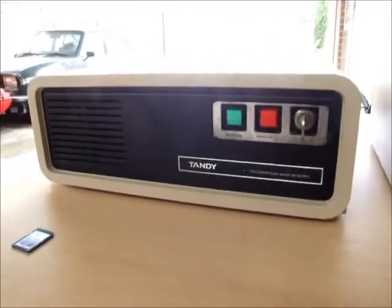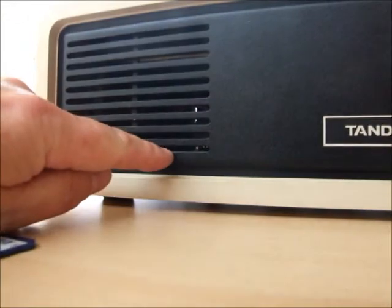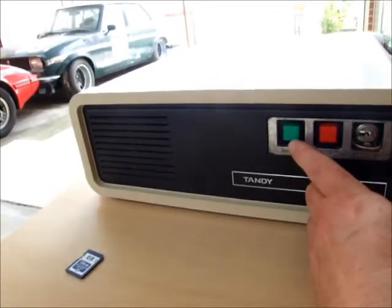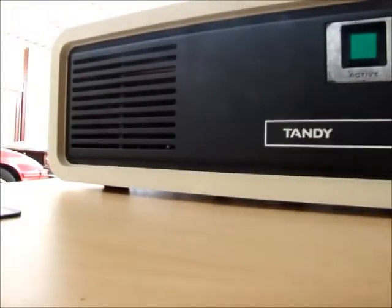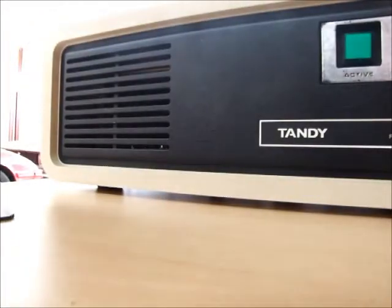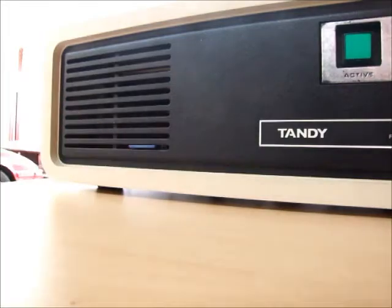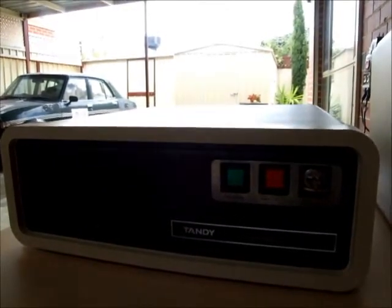So the hard drive now is all back together. Probably a little bit difficult to focus, but the SD card slot is there. So we will turn the hard drive on. Saw a flash from the green light there. It's the FreHD saying that it's ready, and this camera might not focus that well, but anyway, we've got our SD card, and it just goes in like so, and then after a few seconds the green light on the FreHD will flash again,